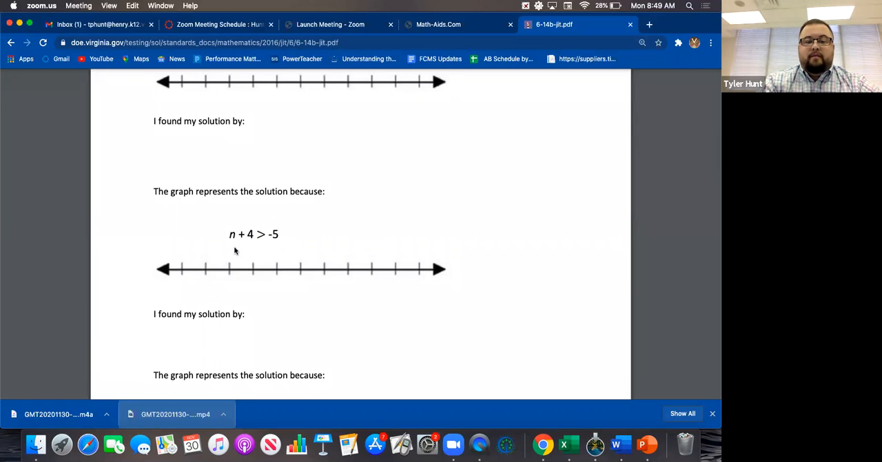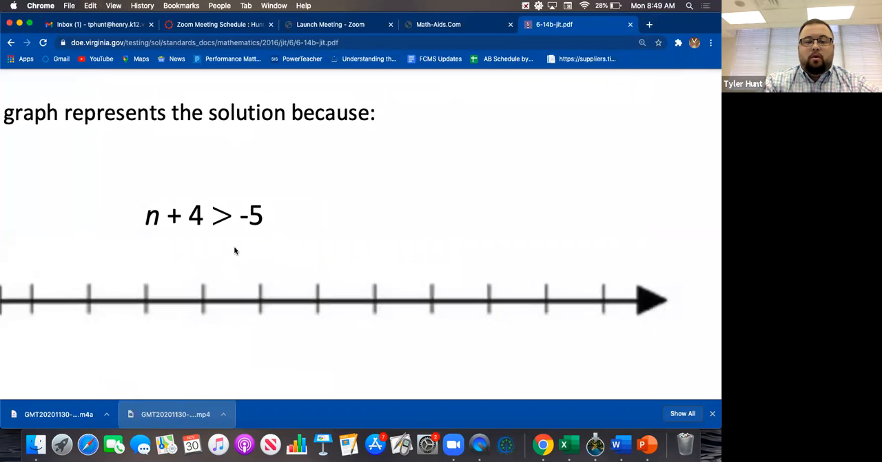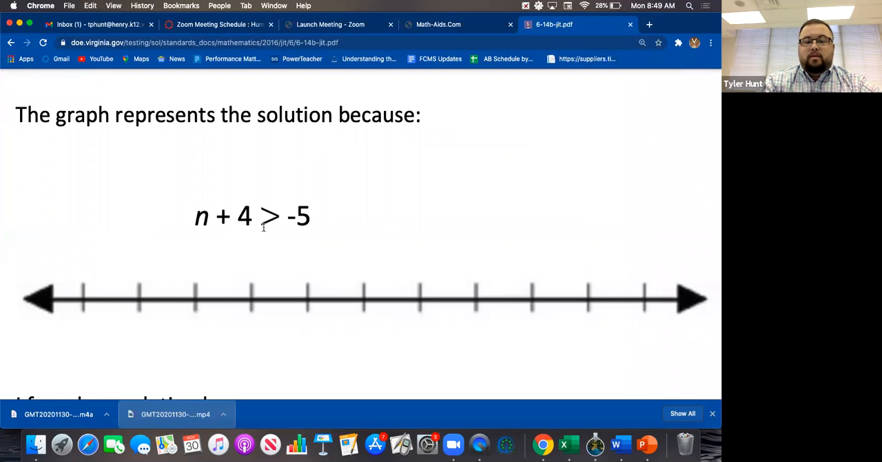The next one we have n plus 4 is greater than -5. All right, so for that one, we see that we're adding 4, so we're going to do the opposite and subtract 4. They cancel out because that makes a 0 pair. Draw my line. So n is going to be greater than -5